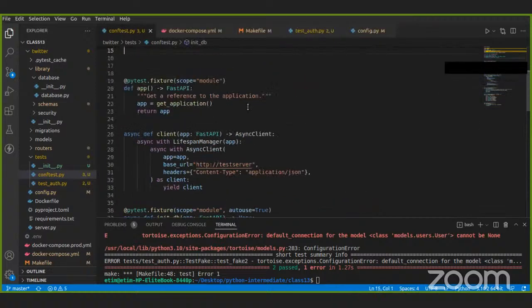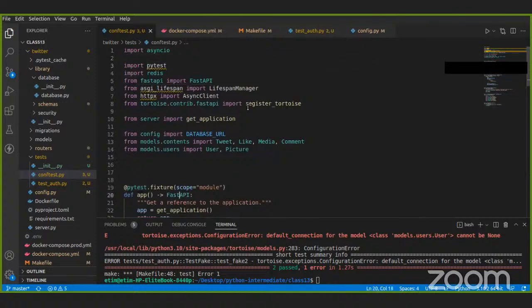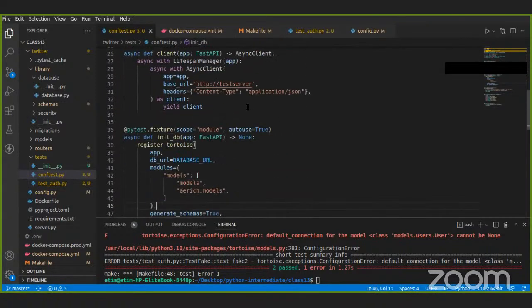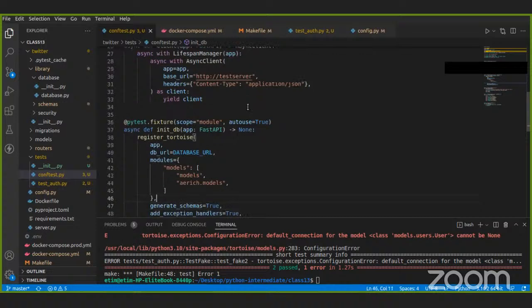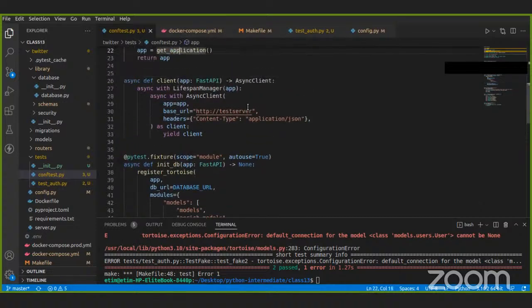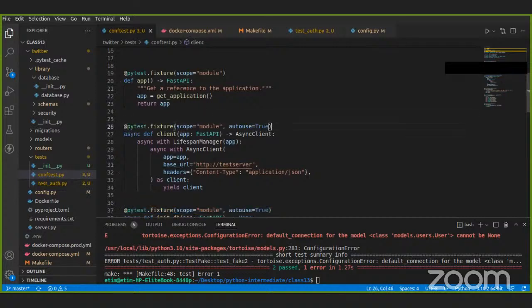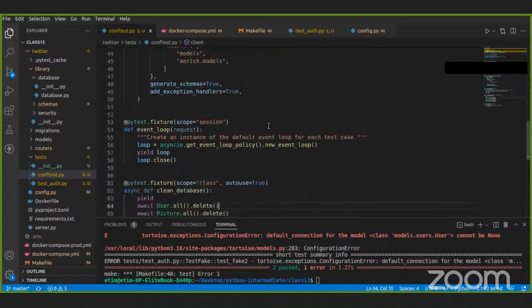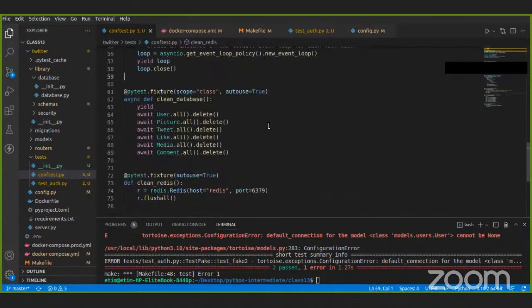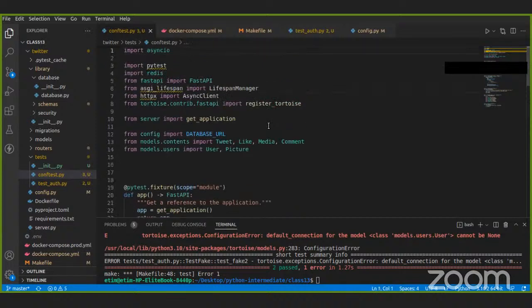All right, so that's that for the test setup. We now have some of the models and some of the functions that will be needed to actually run our tests. Okay. So the next thing now is